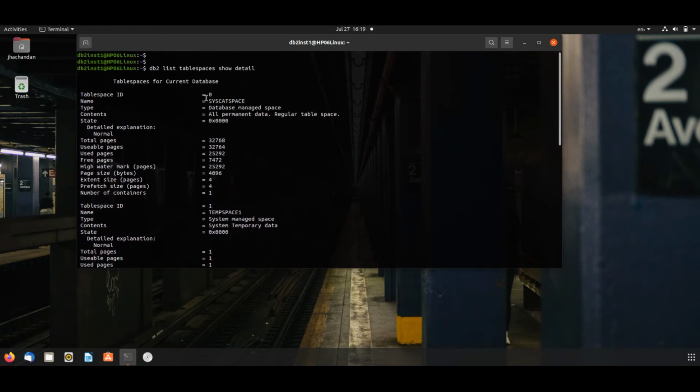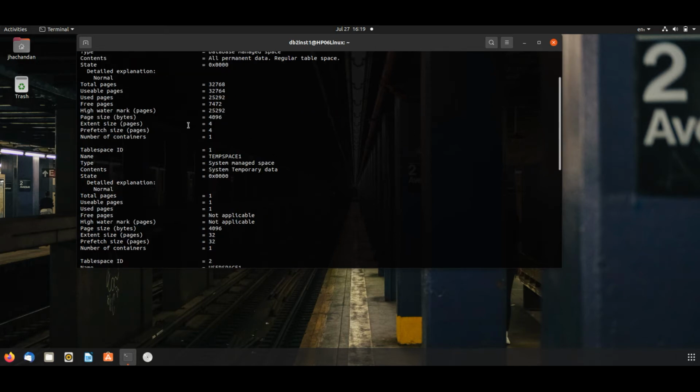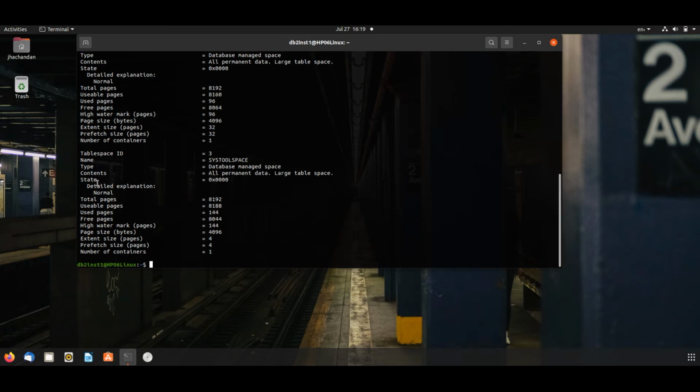Here you will see table space id, name, state, number of pages used and free, watermark, etc., and number of containers also. The table space state mentioned here is 0x0000. This is the normal state of a table space. If anything is mentioned other than this, there must be some issue, and we have to figure it out.